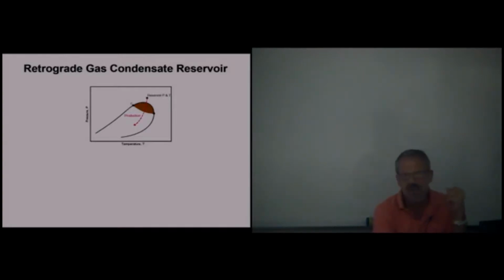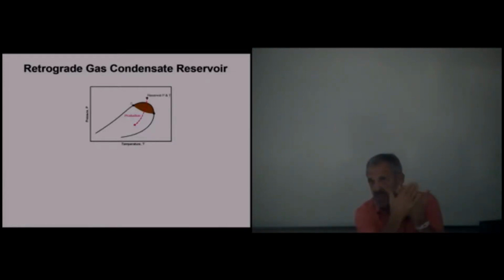The only thing that's unique about a retrograde condensate reservoir is that it passes through the quality lines of the phase envelope,